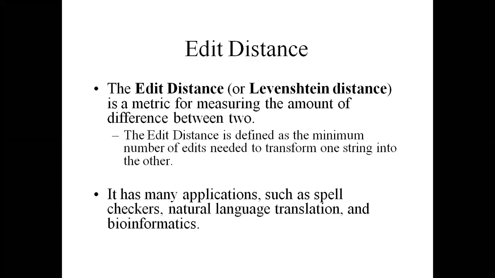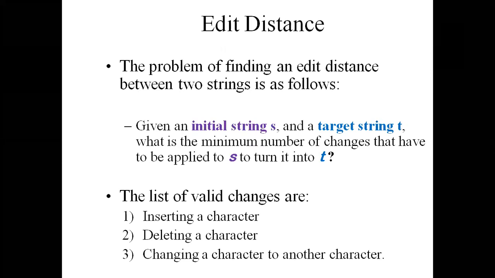So in bioinformatics, we are using genome code sequencing, where we are using characters like A, T, C, G, and we can use this one. So edit distance is the problem of finding an edit distance between two strings. Two strings are given. So our problem is to convert one string to another string.